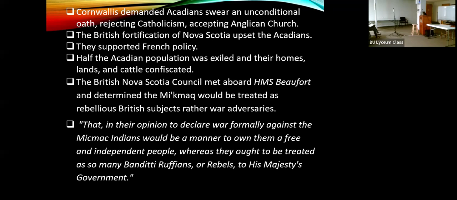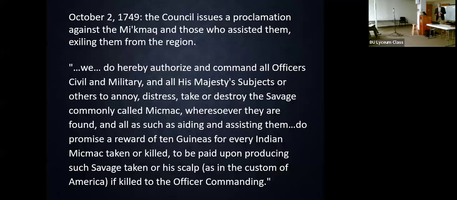Treat them as so many banditti, ruffians, or rebels to His Majesty's government, which puts them in real danger of execution. Okay? Once you are in rebellion, then you have separated yourself from the legal framework that exists for England. And that's what's going to happen when you get to the American Revolution. Okay? So finally, just to finish this up,